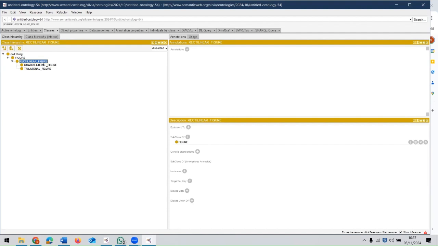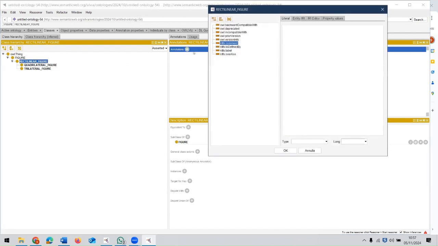For example, we will start with rectilinear figure. And then we click on annotation here, plus, and then annotation. And you can see all the annotation properties already provided by Protégé. Okay, so you can find isDefinedBy, labels, seeAlso, the properties we